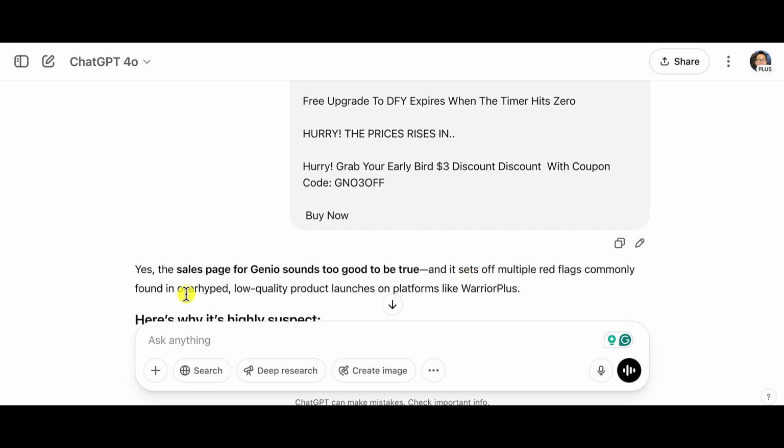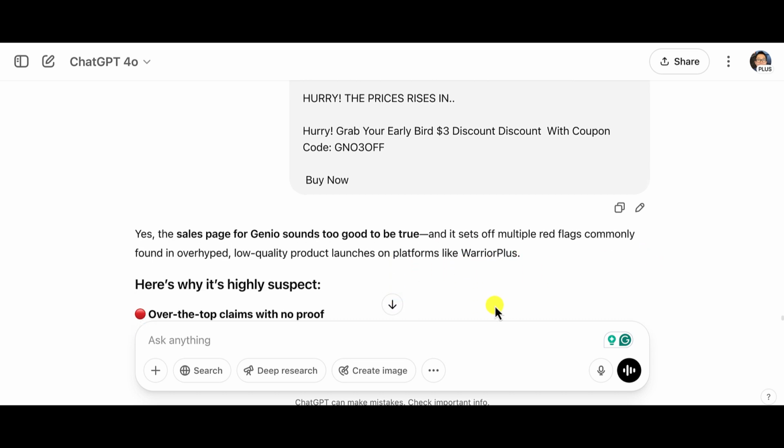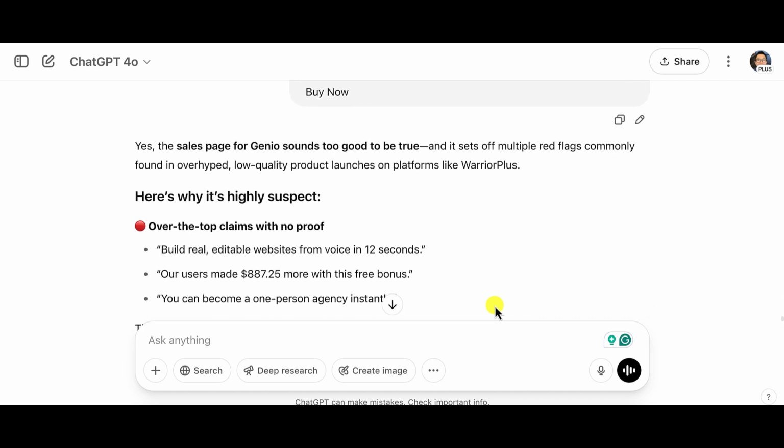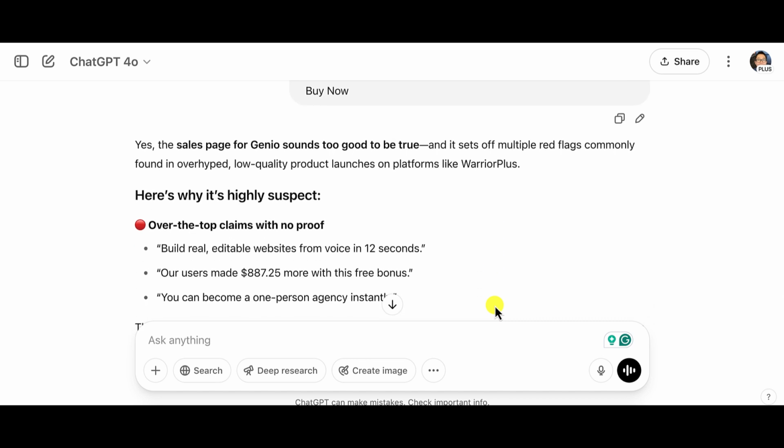and it sets off multiple red flags commonly found in overhyped, low-quality product launches on platforms like WarriorPlus. Okay, here's why it's highly suspect. Over-the-top claims with no proof. Build real editable websites from voice in 12 seconds. Do you guys truly believe that is going to happen? Our users made